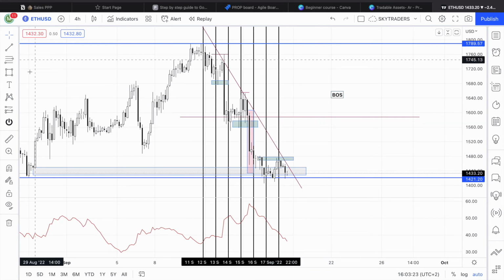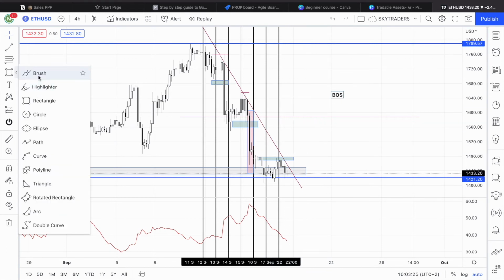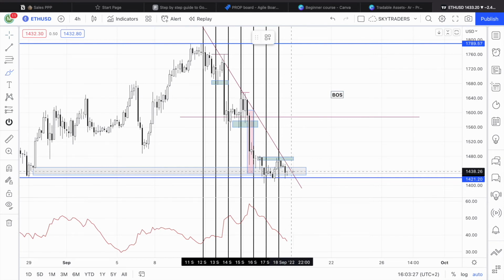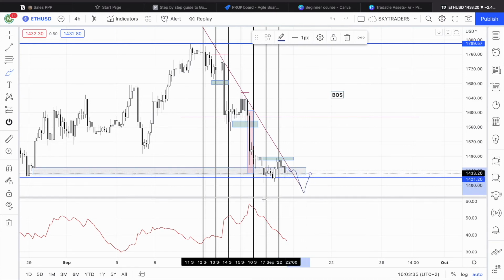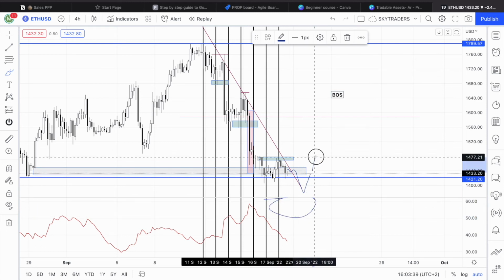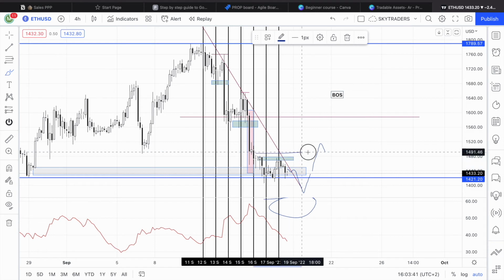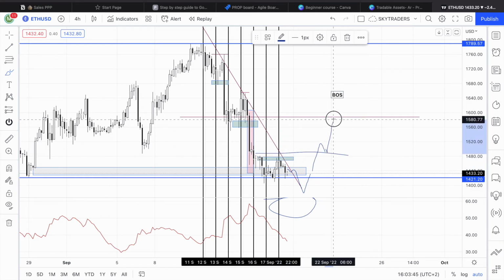So let's draw it. In case of a buy model, what we can expect is consolidation and manipulation to the downside, taking all of this liquidity, and then breaking of market structure, this market structure, trying to trade back, and then approaching this level. Again, this is an important level, so we can expect a rejection. But if we're going to continue to the upside